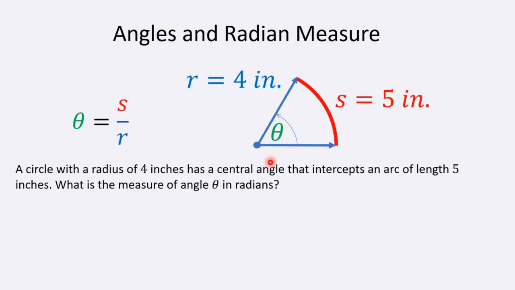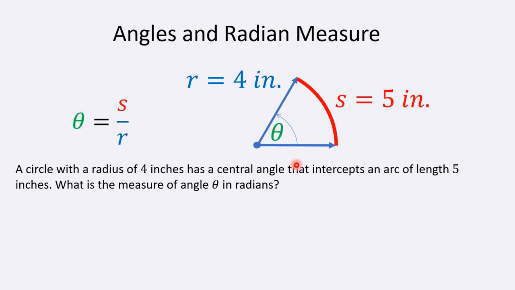Here's an example. Let's say we know that the radius of the circle is 4 and that the intercepted arc has a length of 5 inches. So the distance along this arc is 5 inches. In that case, if you wanted to find the number of radians, or the radian measure of the angle